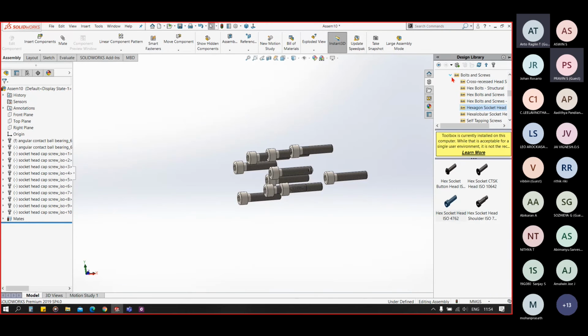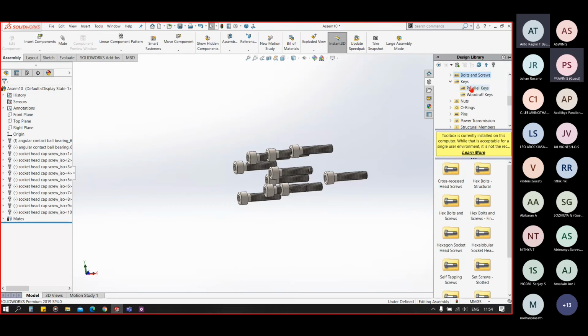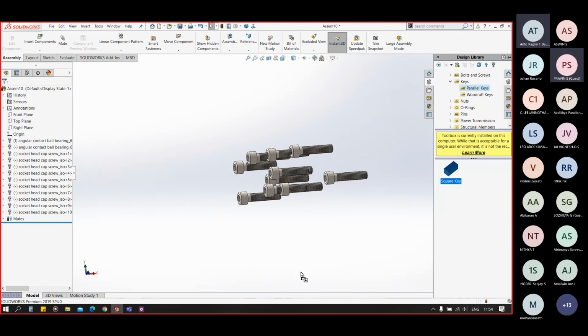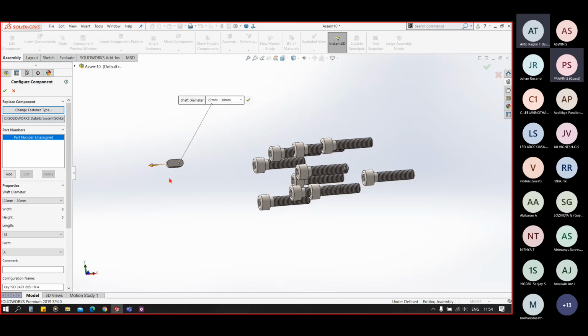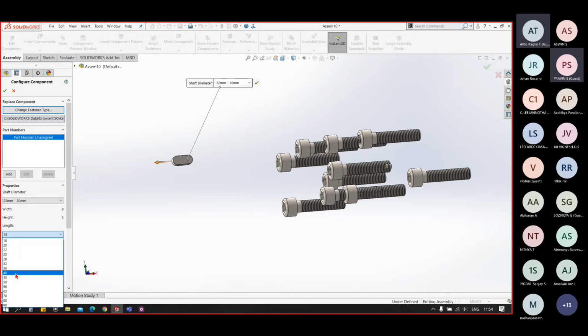Now what our next type is keys. So I'll show you parallel key. Drag it and you can see it will have dimension standard 12 mm, 17 mm, 22 mm, 30 mm. Let's say I have this. I have length options here. Form A, Form B, Form C, like that.